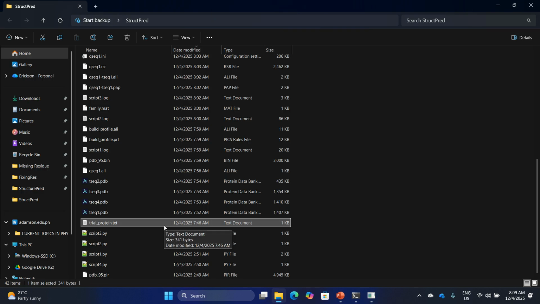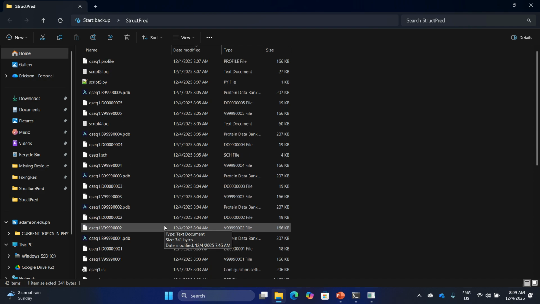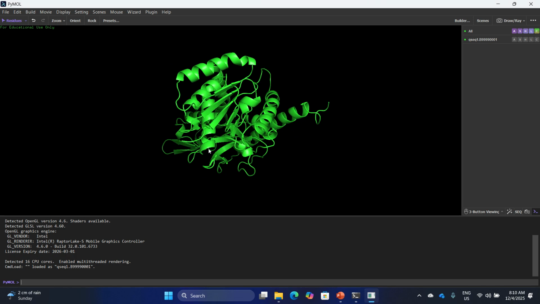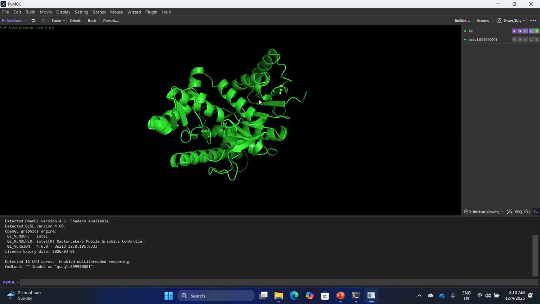The modern software makes use of all the available structures na homologous doon sa ating sequence. And then it learns yung mga bond angles, dihedrals, distances, etc. and conformation, and then it tries to apply those to our sequence. And the end result is we now have a structure for our protein.